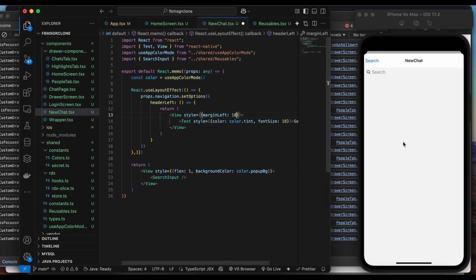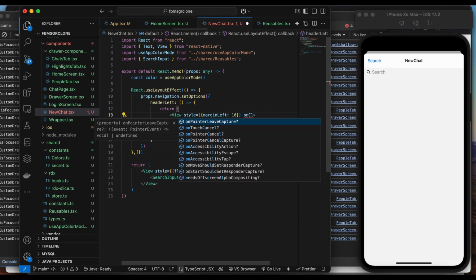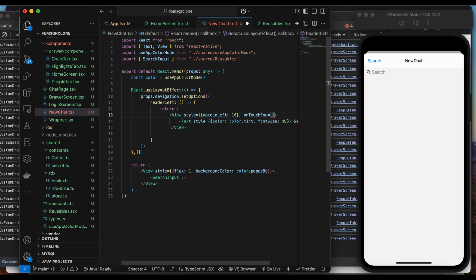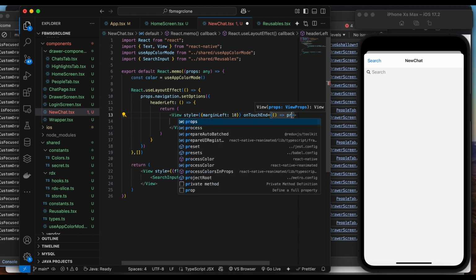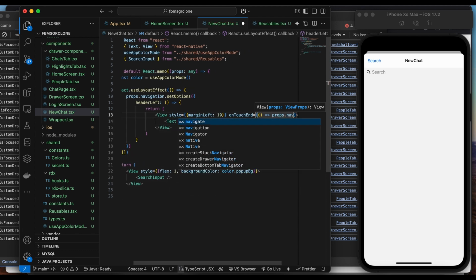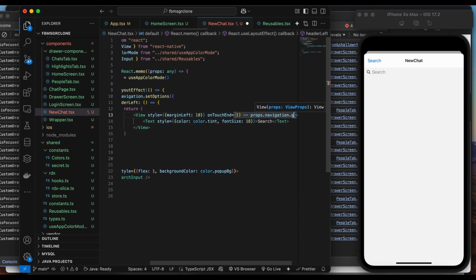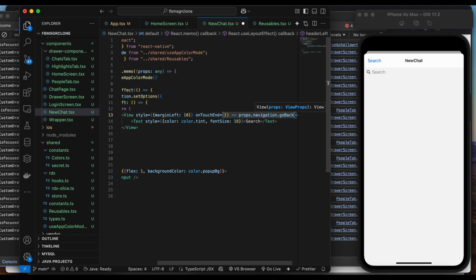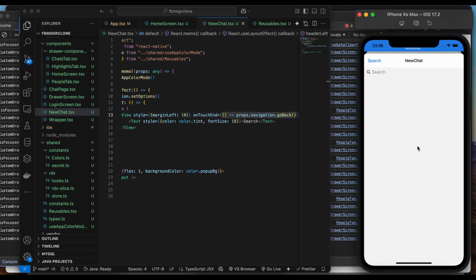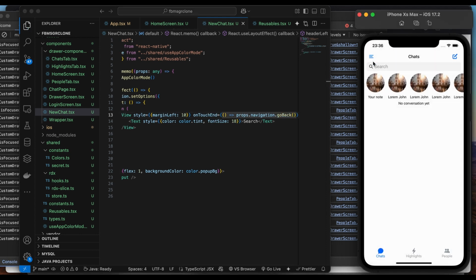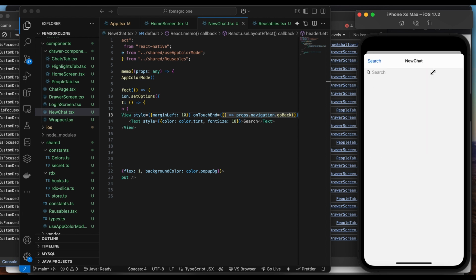Then now on click, on touch end, navigation.goBack. Yeah, if you click on it, let's go back. Yeah,